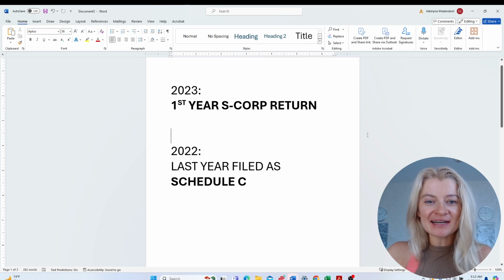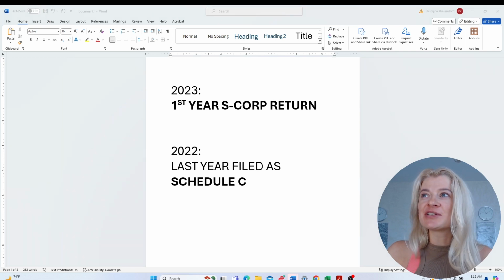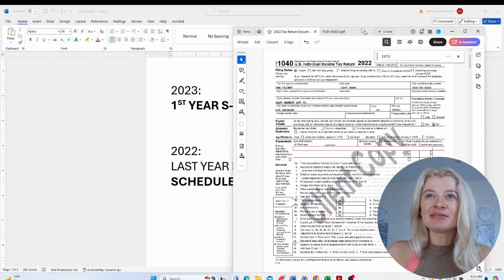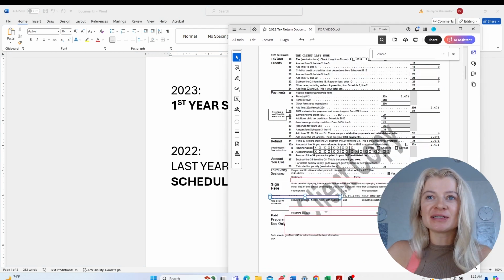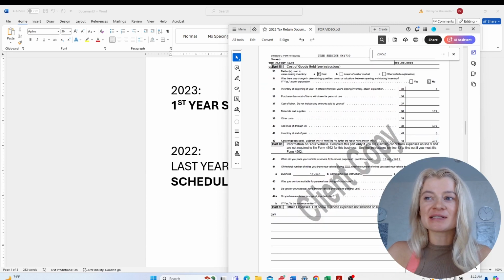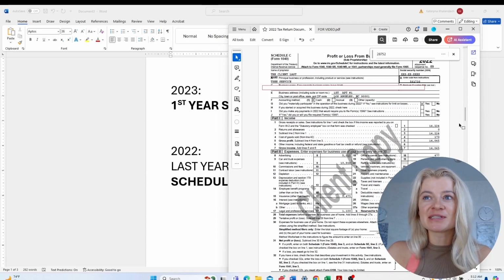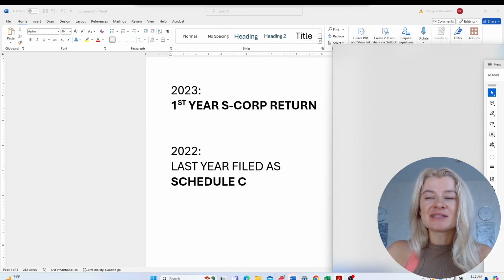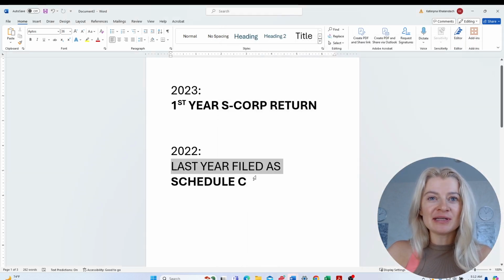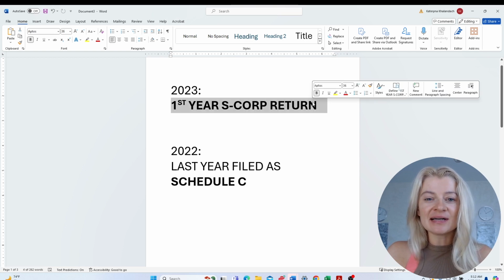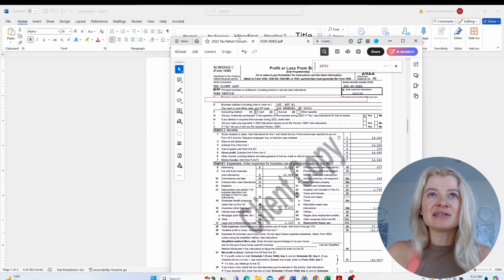So last year the client filed, let me show you, his 1120, and he included the income from business on his Schedule C. So this was his income. So this is the entity that will be filing S-corp this year. So in 2020 it was a Schedule C. In 2023 the client elected to be S-corp, and so he filed this form